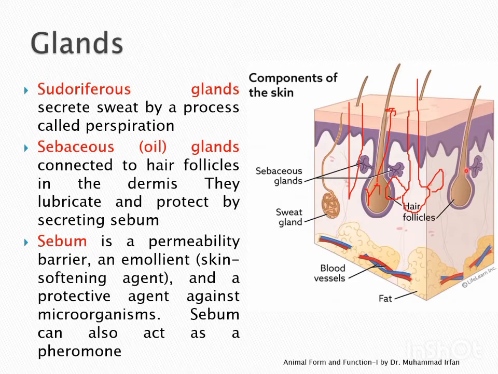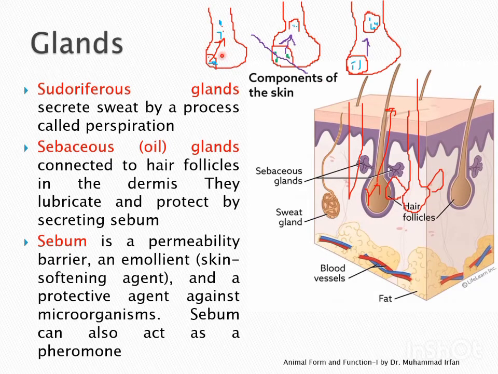We should know that the exocrine glands are duct glands, and sebaceous and sweat glands are examples of these exocrine glands that have ducts. So these duct glands or exocrine glands could be apocrine, merocrine, or holocrine. The merocrine glands release only their secretion, and the apocrine glands release the apical